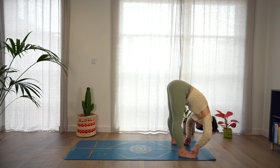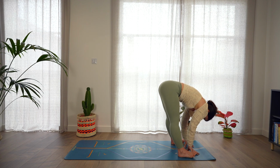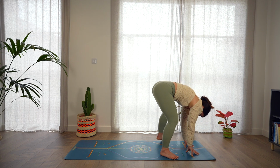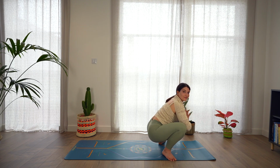One more deep breath here. And release. Place both hands on the mat. Open your feet even wider and bend the knees, coming to a Malasana, yogi squat. Hands can be on the mat, or if you want, hands in a prayer position, using the elbows to open